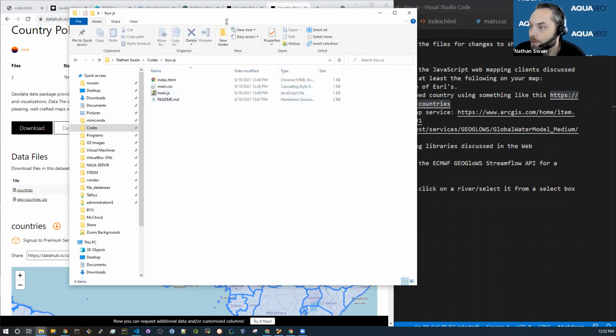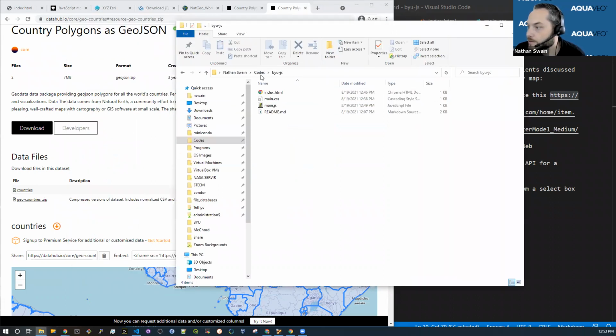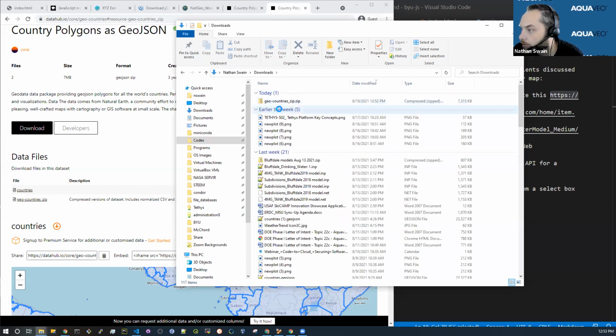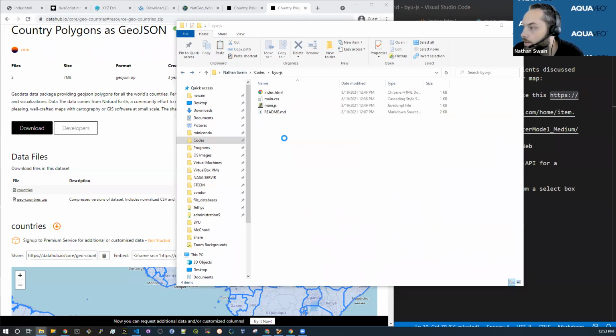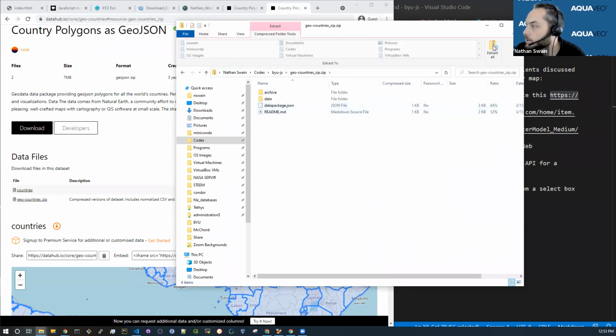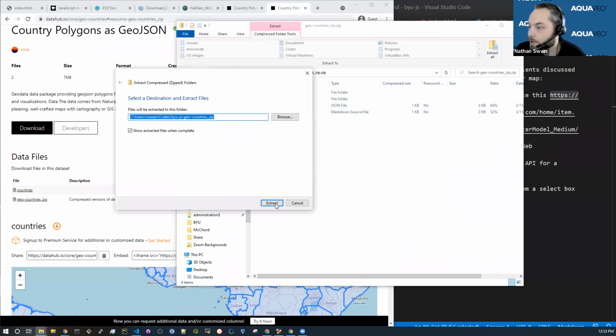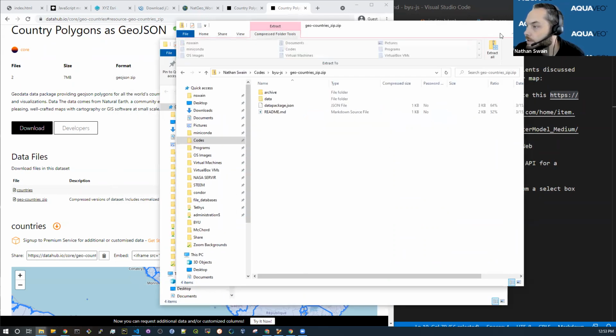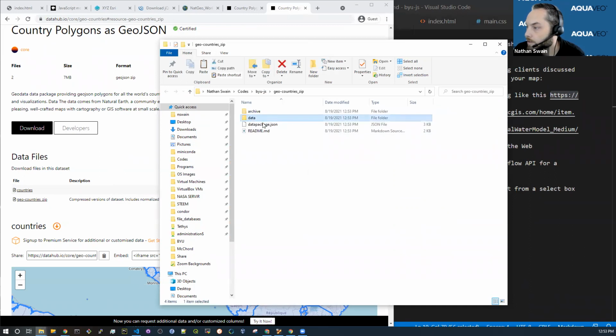What am I doing? I forgot to actually copy it. Smart. Okay, so copy it, paste it, and unzip it. Yeah. I forget how to use Windows sometimes. Sure. Okay. So